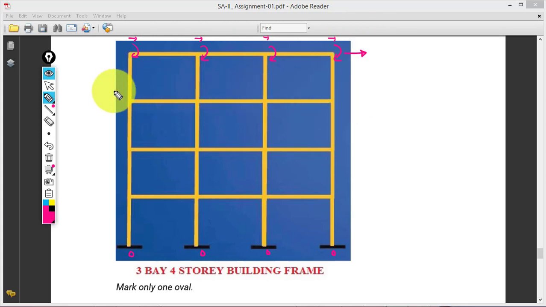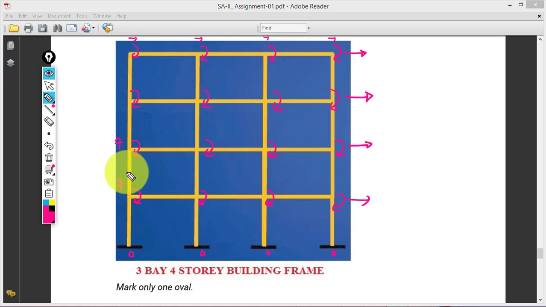And for this floor level again we will have one rotation and one horizontal displacement. So at this floor level also, same thing, at each joint we will have one rotation as unknown, and there will be one horizontal displacement. Again here also same thing. And if you see this structure again, take all the joints, there won't be any vertical displacement at all. All vertical displacement will be zero. Again same thing, because the bottom end is fixed to the ground, so this point is not moving.